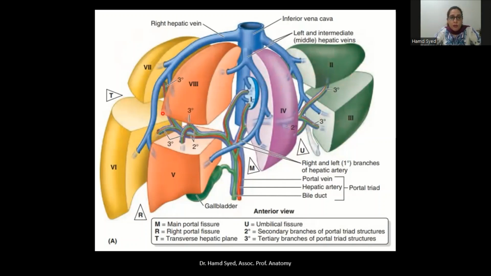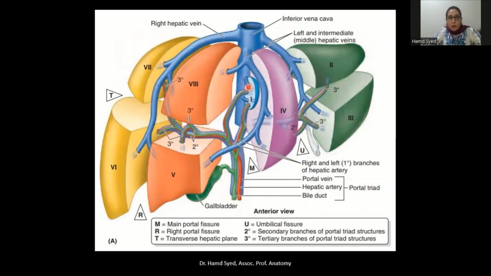These sectors are further subdivided by this T, which represents a transverse plane. This here transverse plane, you can see, is subdividing these 2 sectors into 4 sectors now, okay? And the 2 upper ones and the 2 lower ones. Over here, we can see that the lateral left sector has been also divided into an upper and lower sector, right? And over here, if we count the segments now, because I said there are a total of 8 segments